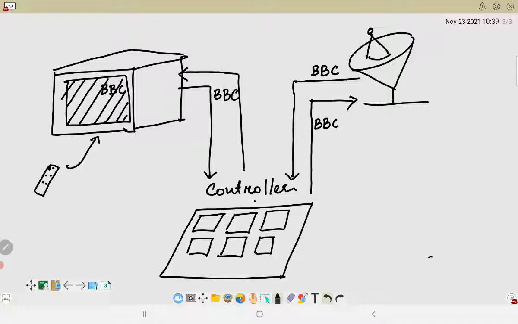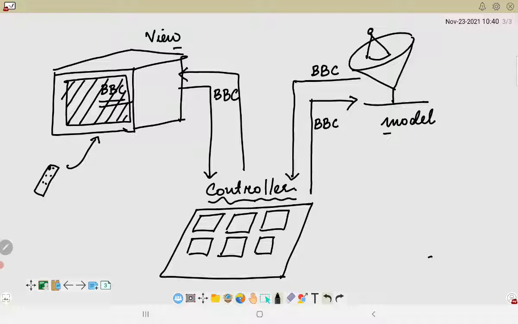And what we can see here is the BBC channel. So here this antenna will be behaving as the model, which will basically be providing different information or different data based on the controller's request, and the controller will be working in context to the view, which is basically the presentation model and is presented to the user. So the view and the model do not directly interact with each other, but they interact via the controller.